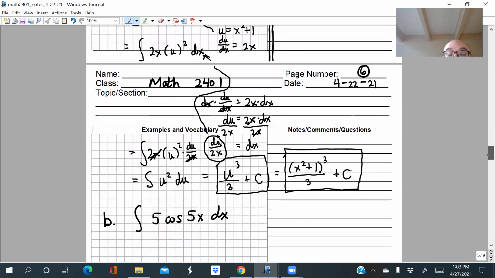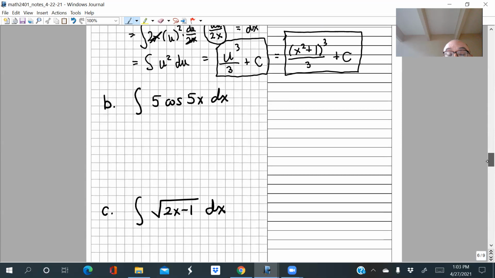That's exactly the situation we have in this integrand, right? We have cosine of, and now we have an expression. We don't have just cosine of x. We have an expression involving x. It's 5x, all right? So this is going to be a perfect opportunity for us to use the anti-chain rule or integration by substitution, all right? So how do we figure out how the substitution works? Again, what you're keying in on here is that you have cosine of an expression.